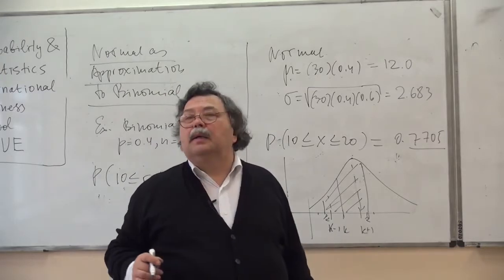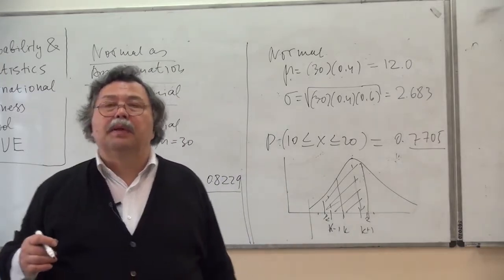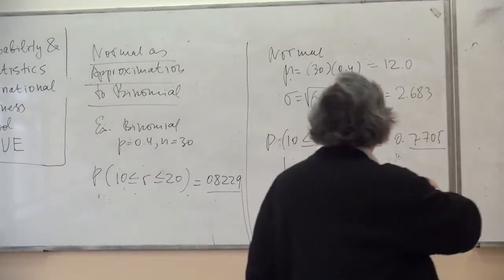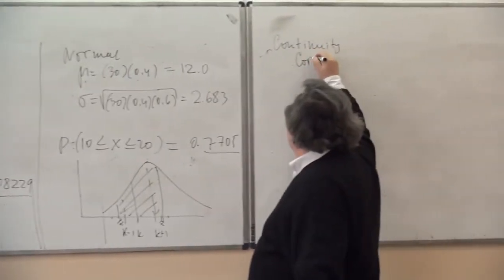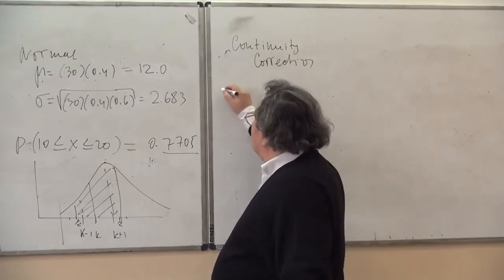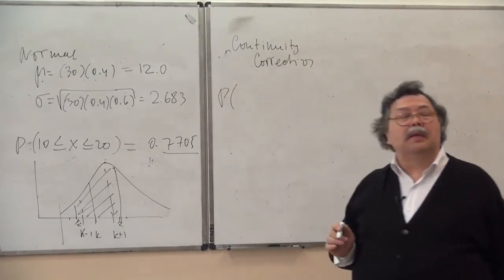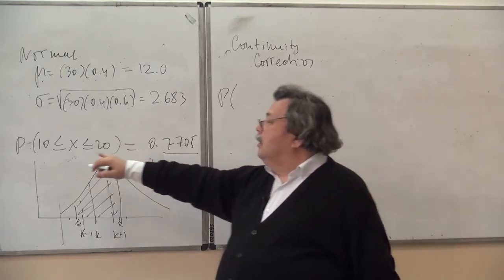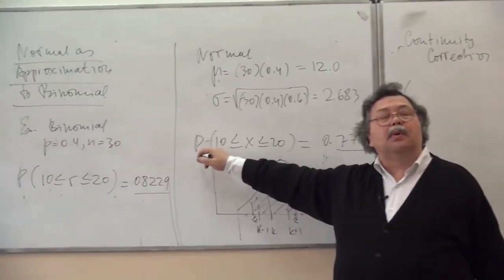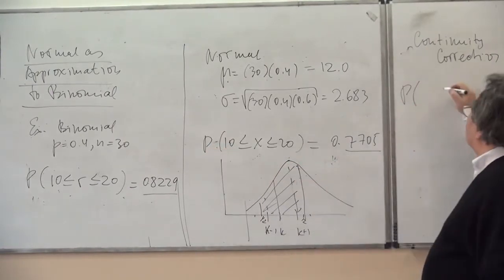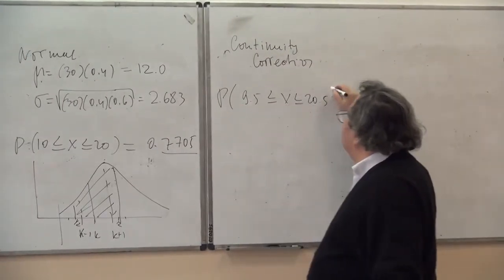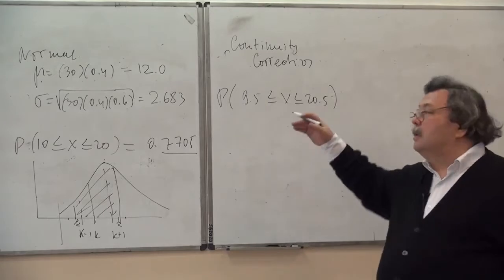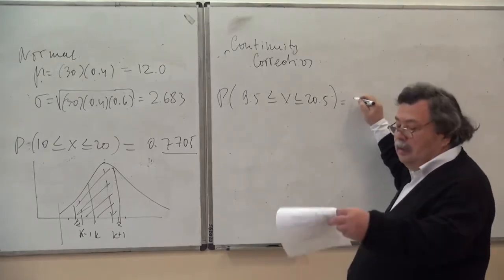All right, I really don't have time to go into this any further, but let me just tell you that if we do this, it is called continuity correction. If we apply this continuity correction, we should use 10.5 instead of 10 here. So it's 10.5, and it must be 20.5 for this other extreme value, and then the answer is